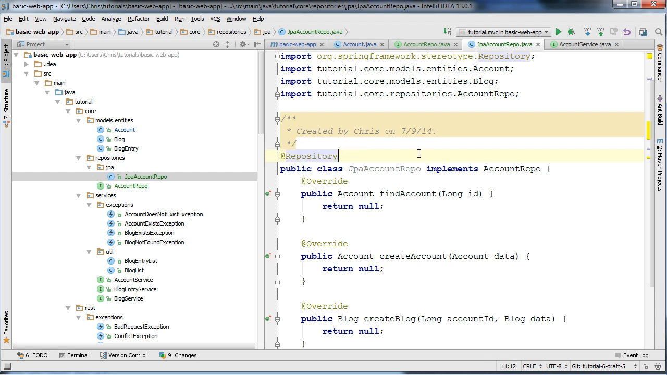And also the repository annotation. Now you can use the component annotation to do the same thing, but repository has some other benefits, such as exception translation. Exception translation is basically that any kinds of exceptions that we throw, if we throw JPA exceptions or JDBC exceptions, all these exceptions from differing persistence frameworks will be translated to a common set of exceptions